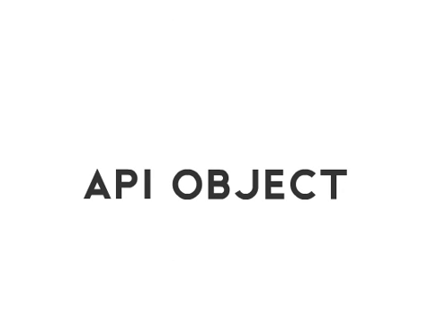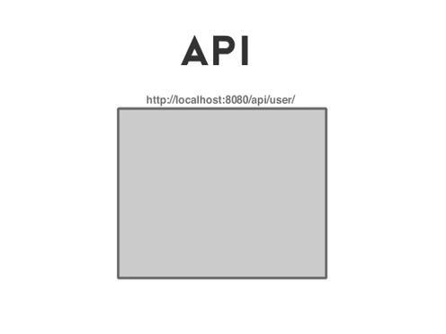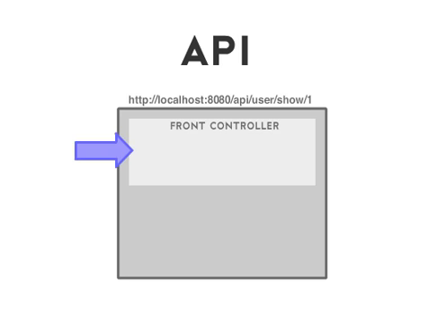In order for us to talk about API chaining, we must first talk about the API object. And in order for us to talk about the API object, we must first talk about the API request and response. When an API request is made, the request comes into what is commonly referred to as a front controller. At the front controller, it parses the URI from the request in order to forward to a controller action to